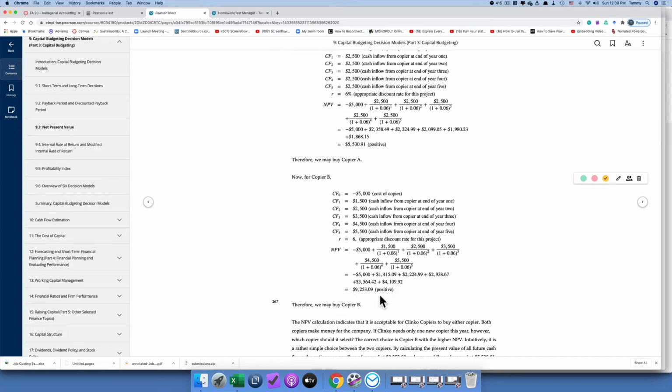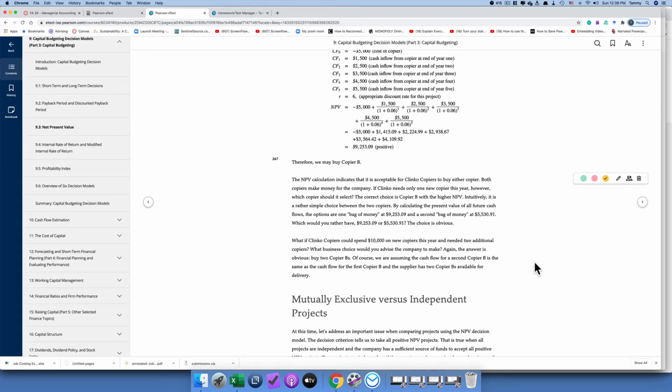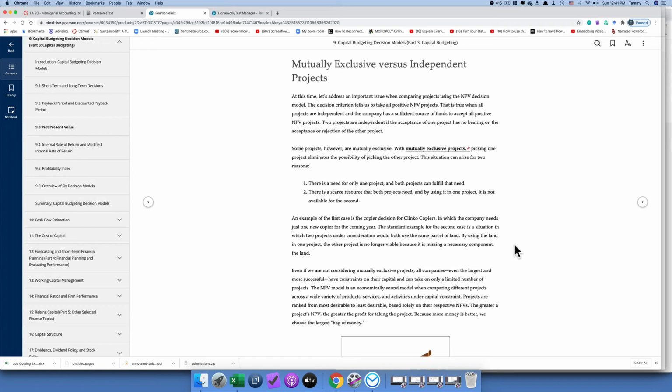So copier B has a greater net present value. Now, both of them have a greater than 0 net present value. But if you can only buy one copier, you buy the one with a higher net present value. It's a better investment. Now, the next subsection of section 9.3 talks about the idea of mutually exclusive projects versus